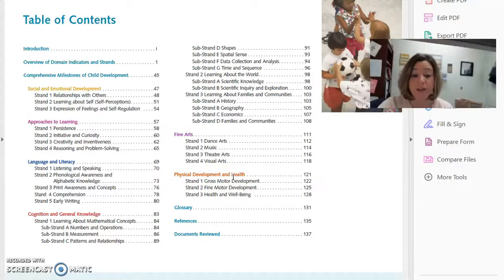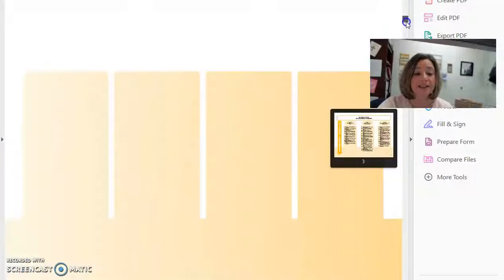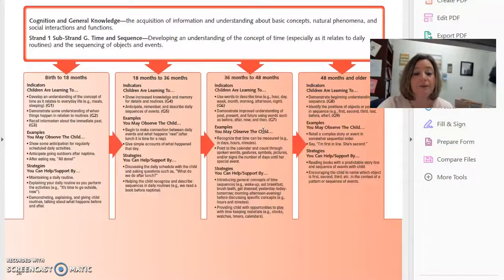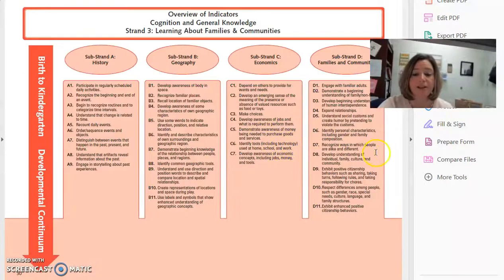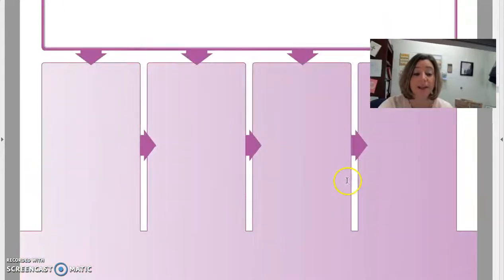Each week, as we get into the different domains, I will show you which section, which color it is in the milestones, and the page numbers where you can find them. Again, as a quick refresher, when you get into the domains, there are two different sections, and that's why there are two different page numbers: they do an overview, and then in the later pages, they break it down